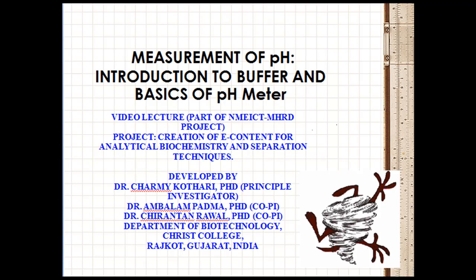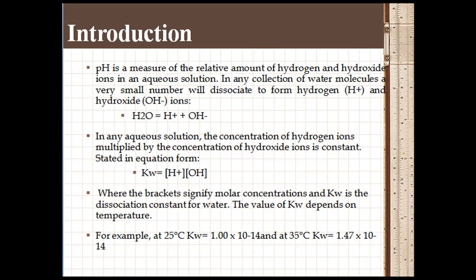Hello students, today we will learn about the concept of pH. pH is a measure of the relative amount of hydrogen and hydroxide ions in an aqueous solution. The water molecule will dissociate into hydrogen ions and hydroxide ions. In terms of molar concentration, water at 25 degrees Celsius contains an equal number of hydrogen and hydroxide ions